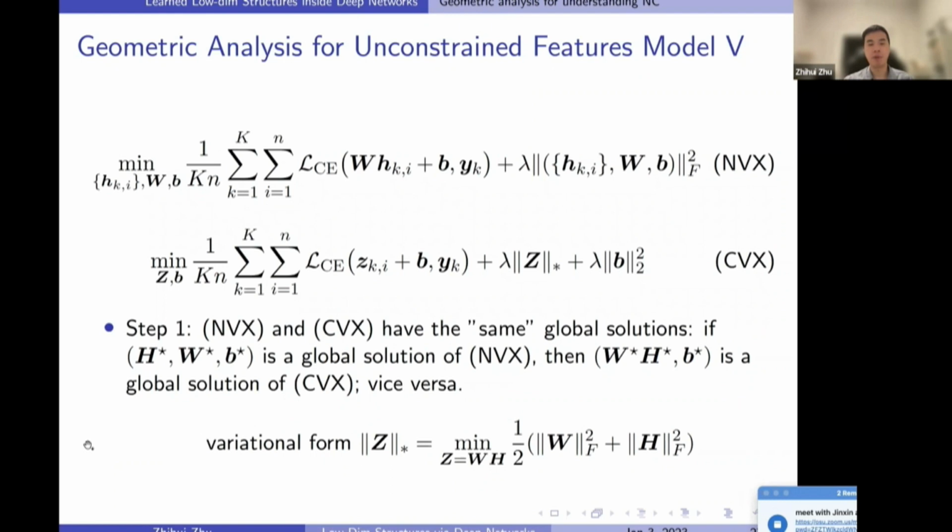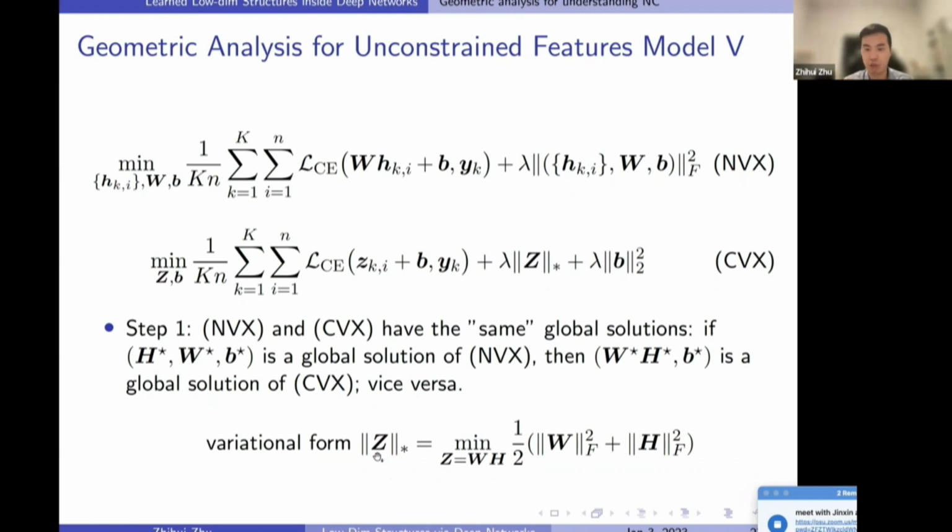The first step we will show is that these two formulations, the original non-convex one and the convex one, have the same global solutions, in the sense that if (H, W, b) is a global solution of the original problem, then W multiplied by H and b turns out to be a global solution of the convex problem, and vice versa. The main idea is that the nuclear norm, which is the sum of the singular values of Z,